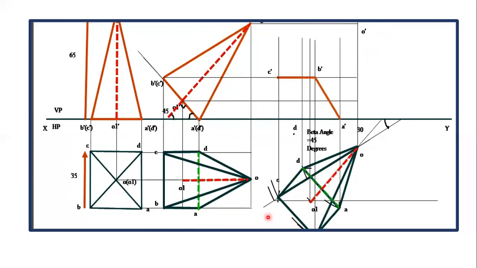Now the base, you should rotate such that the base is near to the observer. Always the base in the pyramid is visible. Connect the outer boundary points to the apex. The points above this O1 are C and D. Since C is at the boundary point, the line from D dash to O dash will be hidden. And O1 dash to O dash is the axis line. So this completes the problem on square pyramid beta angle 1. Thank you.